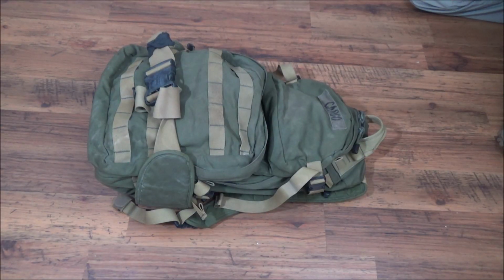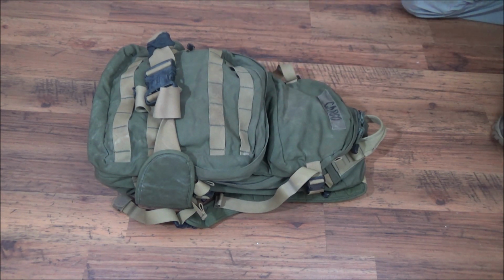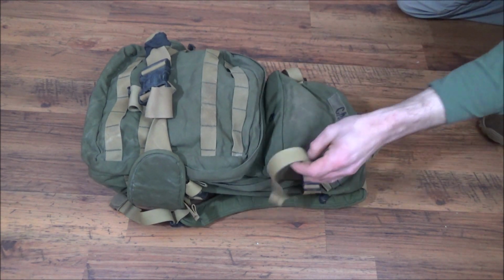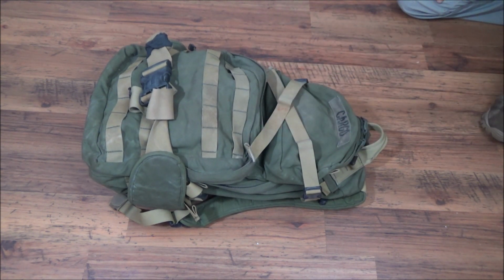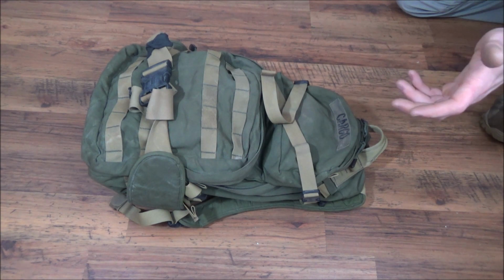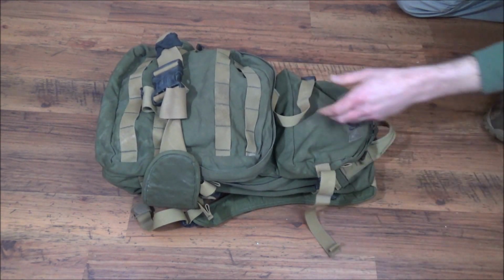in it. So as you can see, this is a hydration pack as I showed you, and this is really cinched down, and it's pretty well policed. I mean, not all these straps are policed up the way I would have them policed up. You should have electrical tape on you so you can quickly take this stuff and roll it up the way you need to. But generally speaking, this is pretty well cinched down and just the size it would need to